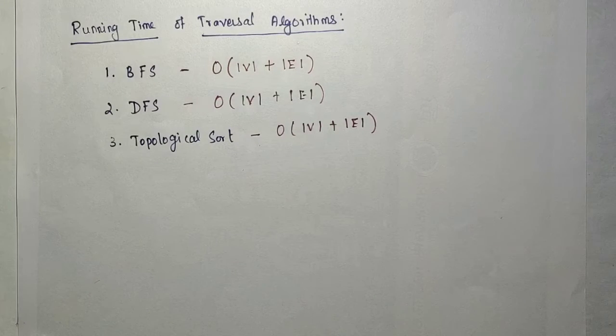So in this session I have given the introduction to the topological sort. What is a topological sort? How to do the topological sort using DFS, and the execution time of BFS, DFS, and the topological sort. So we completed the traversal and graph. If you have a doubt, you can ask.